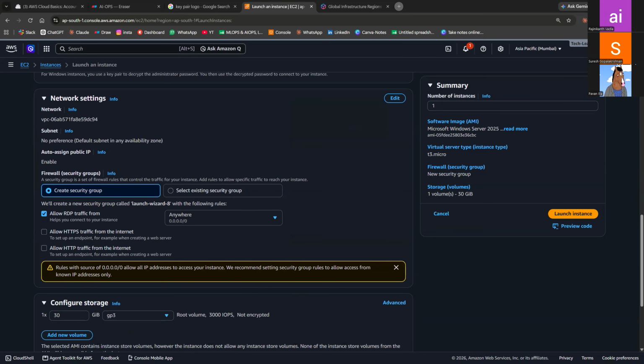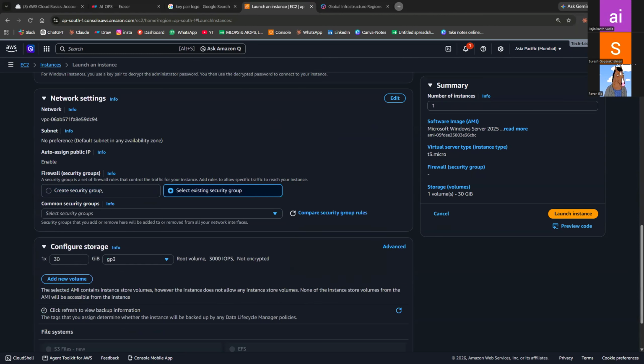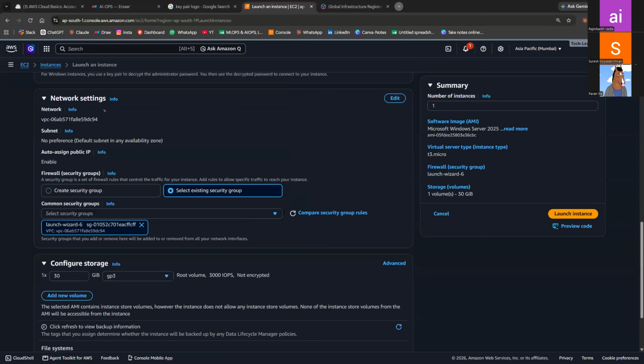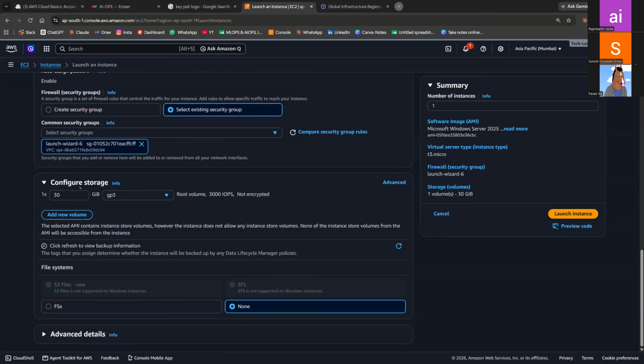I'll use the existing security group here because previously I created it, right? I'll just use the last one, which is this one that was created. And Windows needs 30 GB right now.